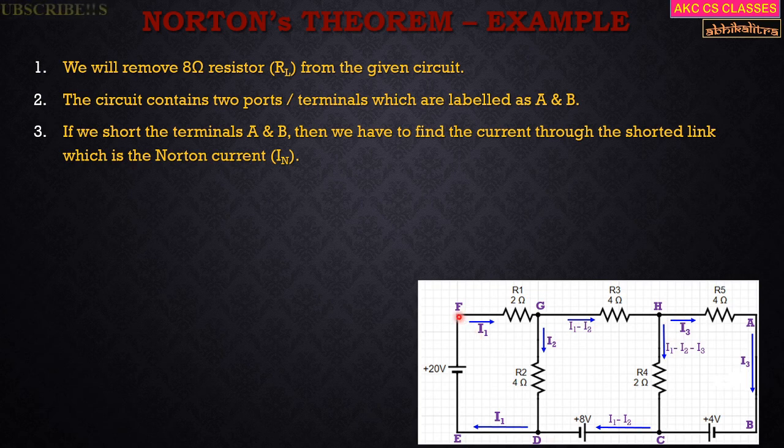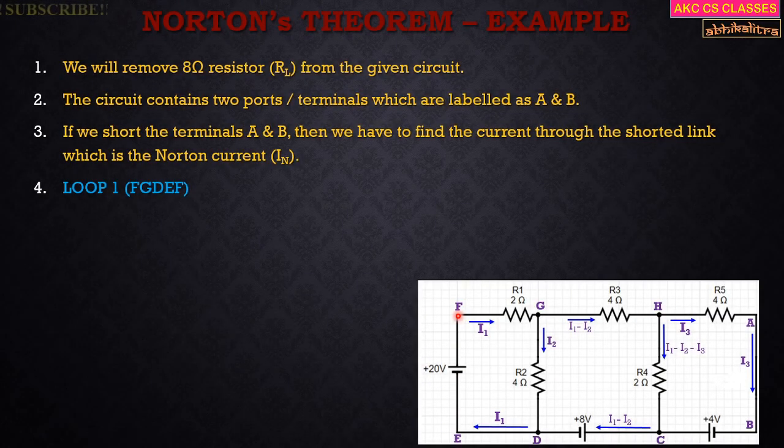So what I need to do is form an equation using KVL for each and every loop, right? So we'll consider loop 1 first. So what is loop 1? Loop 1 is F, G, D, E, F. So our direction of movement will also be in the same manner: F to G, G to D, D to E, and E to F.